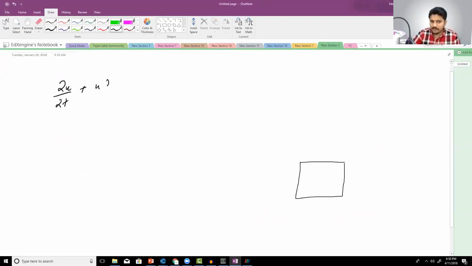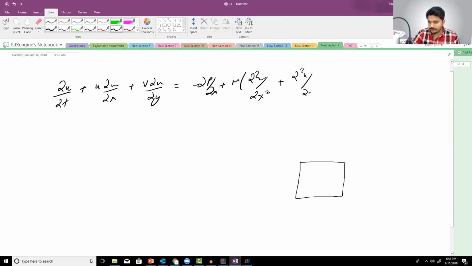In a two-dimensional viewpoint, it's going to look something like this: minus dou p by dou x plus mu times dou square u by dou x square plus dou square u by dou y square. So this is your governing equation. It's a partial differential equation. So in order for me to solve this in a computer,